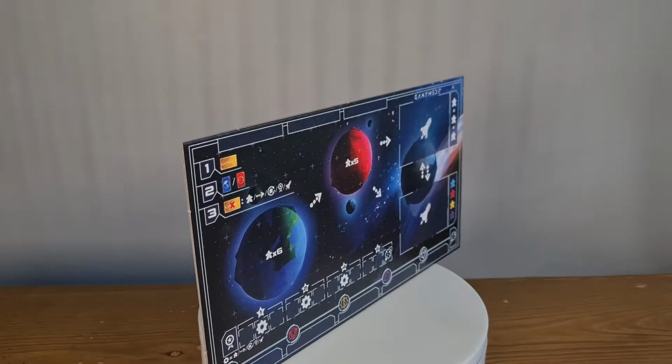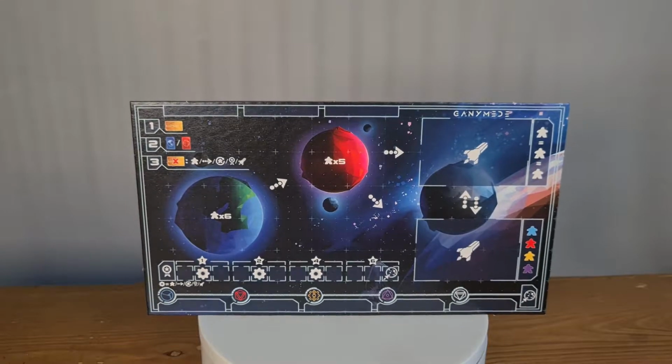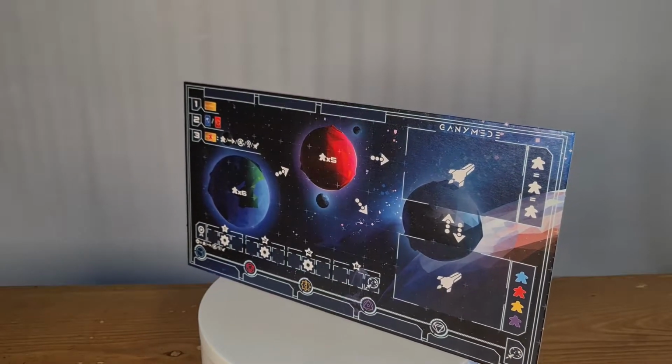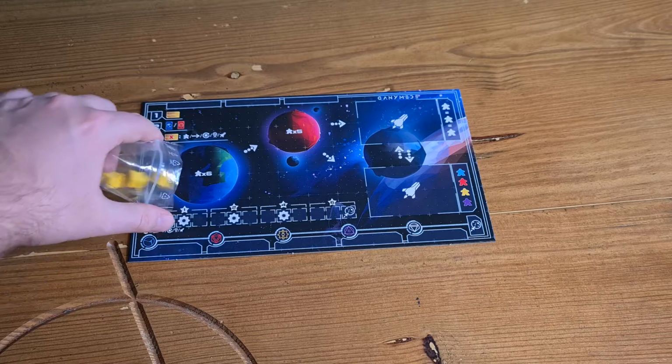At the start of the game, you're going to get a player board. It's going to be fairly empty at the beginning, but as the game progresses, you'll get more and more stuff on it and around it. There's space for tokens, meeples on Earth, Mars, and on 2 different ships, as well as space for cards at